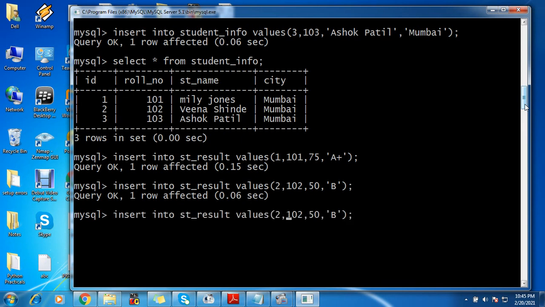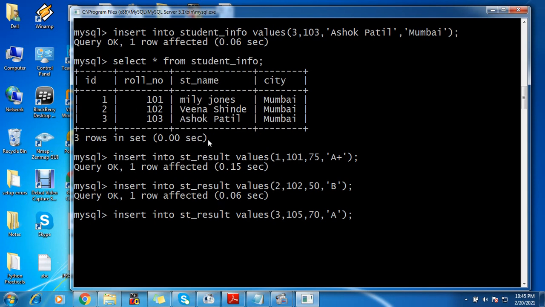Now I'm inserting a value which is ID 3, but the roll number is 105 and his marks are probably maybe 70. His grade is A. Now this record, this 105 roll number, is not present in our primary key table.